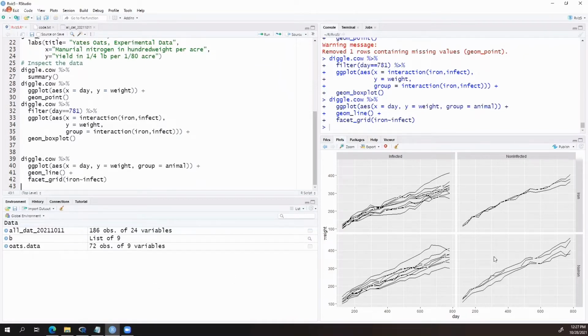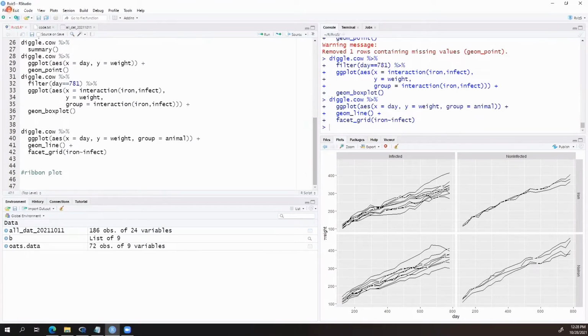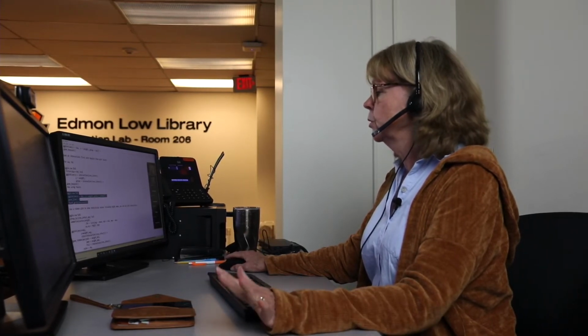And so this gives us rather a bit more information, but we're going to take it up another notch, and we are going to create what's called a ribbon plot. A ribbon plot is one that is going to show us statistical values such as the mean and max and mins for the weight. And again, we're going to look at it, including interactions.